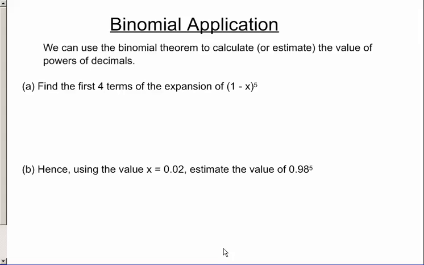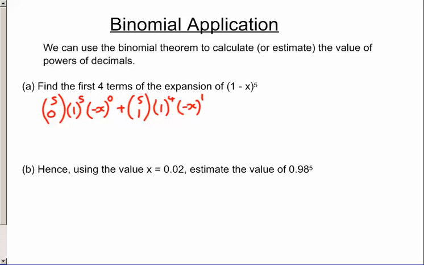So we can use our binomial theorem to work this out. We start with 5C0. We take the first term to the power of 5, and the second term to the power of 0, and then add on to that 5C1, first term to the power of 4, second term to the power of 1, plus third term is 5C2, times first term to the power of 3, second term to the power of 2, plus fourth term, 5C3,